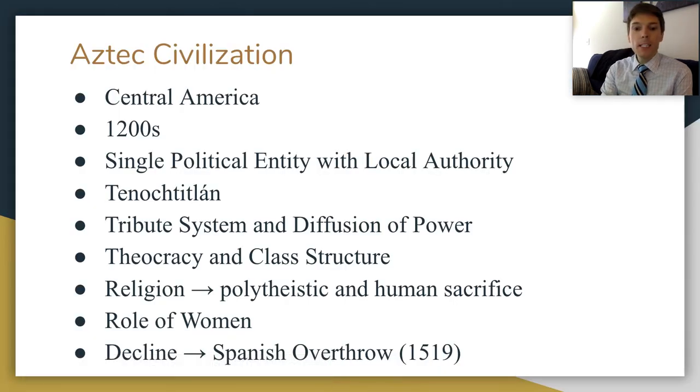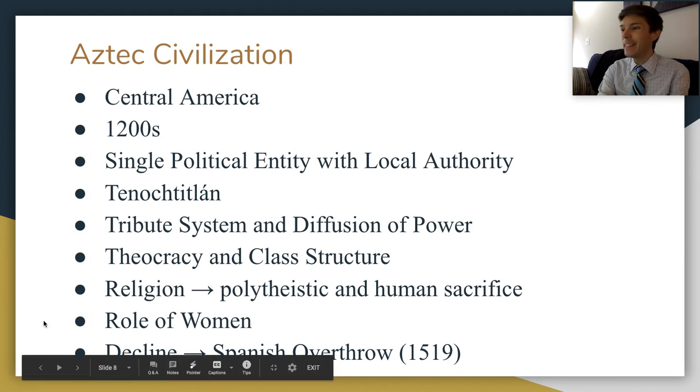Which brings us to the Aztecs, who are probably more known for human sacrifice than the Maya are, although a lot of that could be European embellishment, but also located in Central America. They're also known as the Mexicas, were originally hunter gatherers, and they'd migrated to central Mexico from the north around 1200 CE. By 1325, they founded their capital at Tenochtitlan, which is the site of what is now